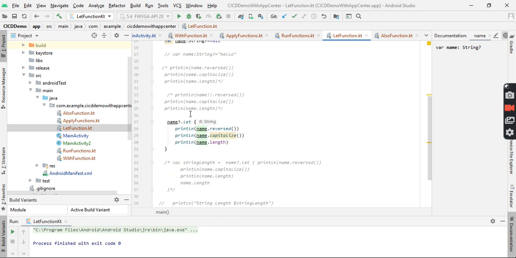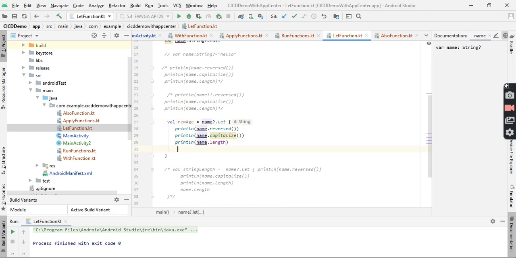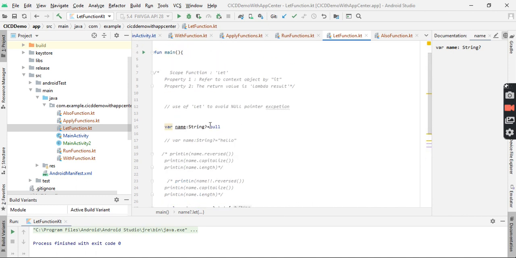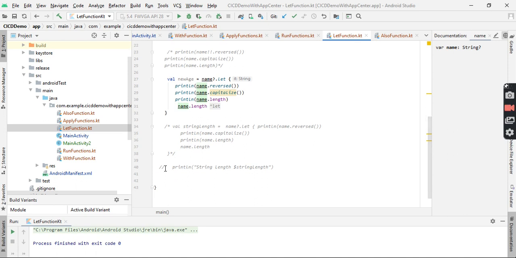So suppose if I want to return anything from this block, we can return the length of the variable, and we define hello. We define the string length here.